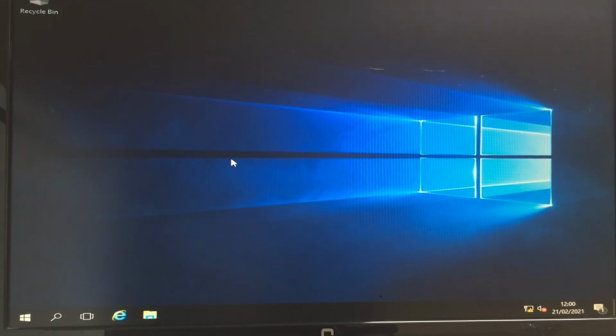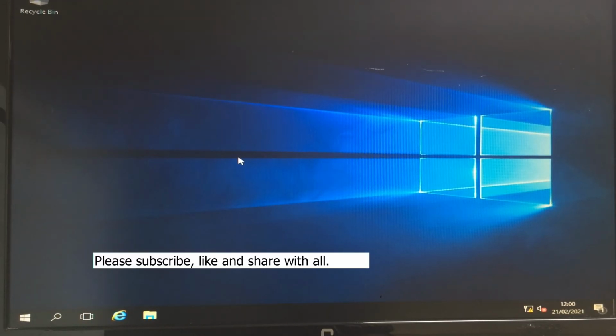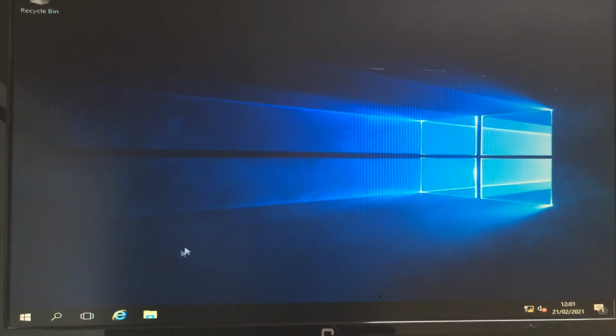So this is the end of this tutorial to show you how to install an Active Directory on a server. It could be 2019 server, 2016, 2012. You know, I'm using 2016 at the moment. So I hope you enjoyed this